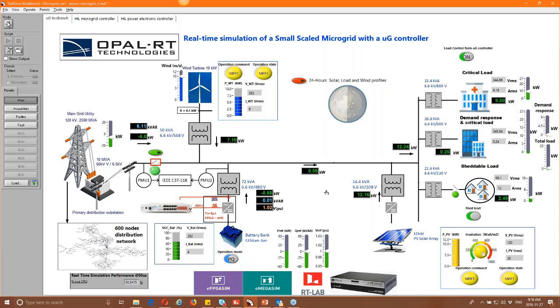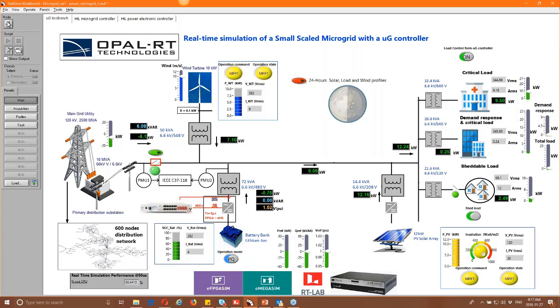It's all controlled by a microgrid controller that implements two main functions of the microgrid controller. It's not a complete controller yet. We're just demonstrating two functions. One is planned islanding, and the other one is energy or power dispatch, ensuring a reference power that is either injected or absorbed from the main grid.